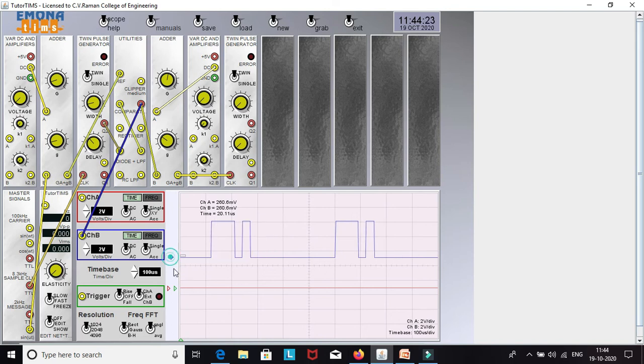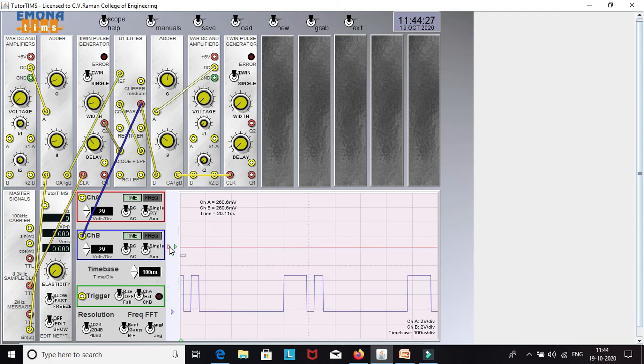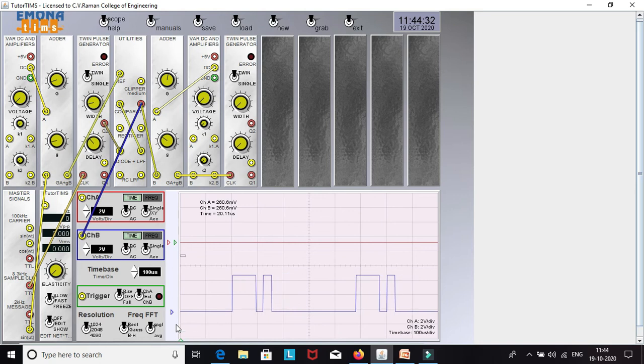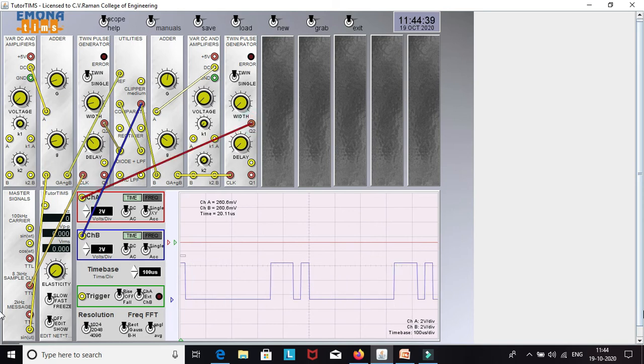I am taking it down, and in channel B I should be getting, in channel A I should be getting the PPM signal. So now I will be giving this Q2 output to channel A of DSO. Okay, now if you see, I am able to get the edges at this positive. At these positive edges I am getting the impulses.